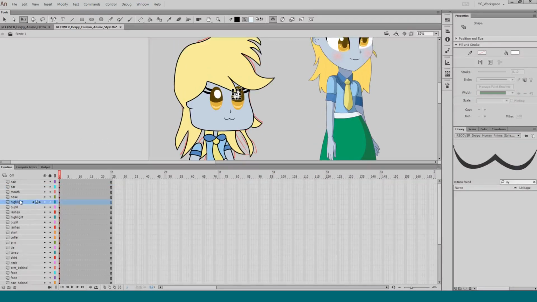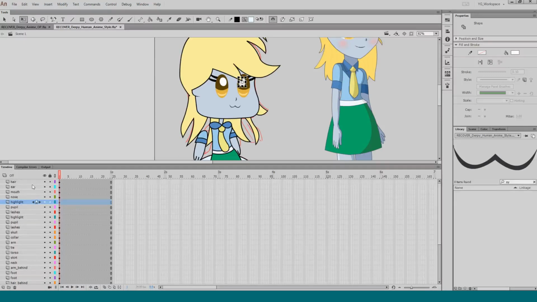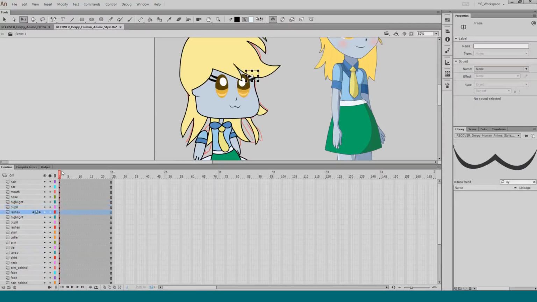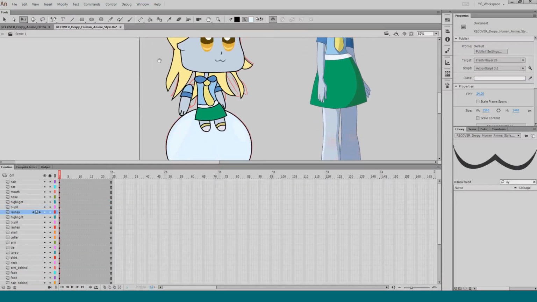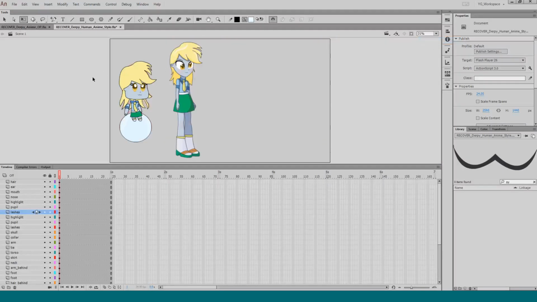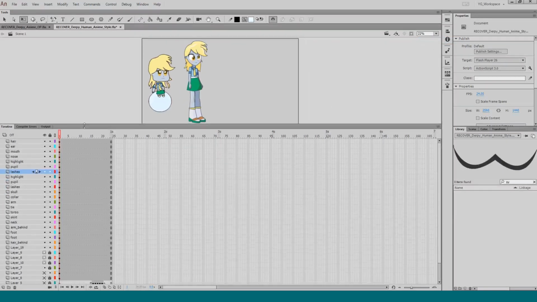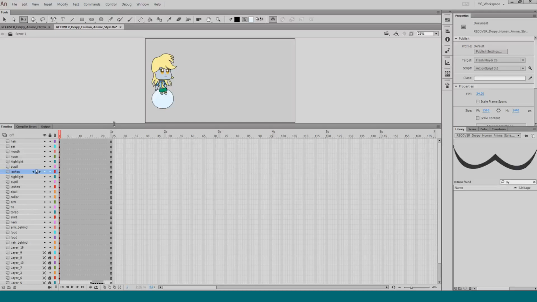Ow. Oh yeah, I haven't made the LP yet. I was just working on this. I thought this might be a bit quicker. I should probably work on that. Anyway, we got this going on. So yay, we got that all colored in. Woo! I'll move on to the layout now.